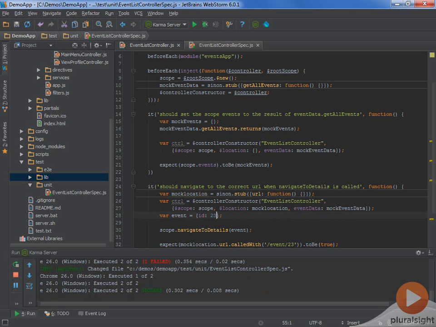Notice how simple it is using Angular's dependency injection to create mock objects so that we can provide a test that causes our controller to execute exactly the scenario that we want to test. This is one of the features that makes Angular such a powerful framework. When unit testing, we can truly isolate each of our components and test it exactly the way we want to test it. We don't have to worry about complex dependencies that are difficult to set up. We can use mock objects set up exactly the way we want to in order to test our controllers in